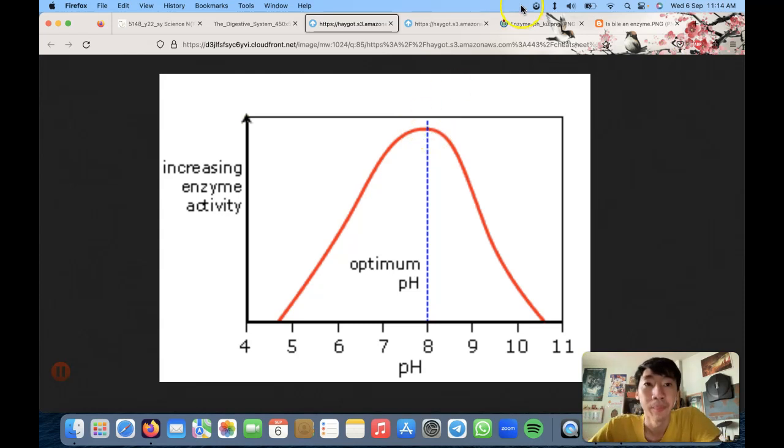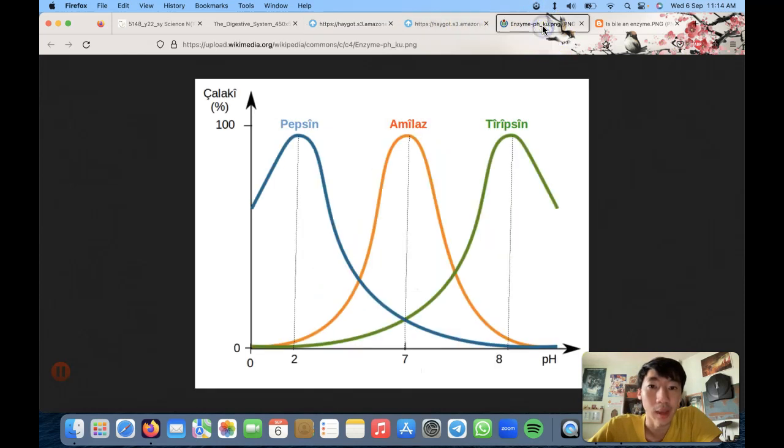Now let's look at the three different enzymes that are found in our body. We know that there are three main groups of enzymes. Some of the enzymes work best in a pH environment of 2. Which part of our body is pH 2? That's right, it's the stomach. So these enzymes mainly work in your stomach and they digest proteins. The names are just some other language name. These are the enzymes that digest proteins in your stomach.